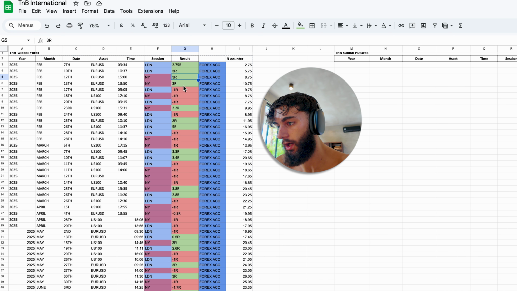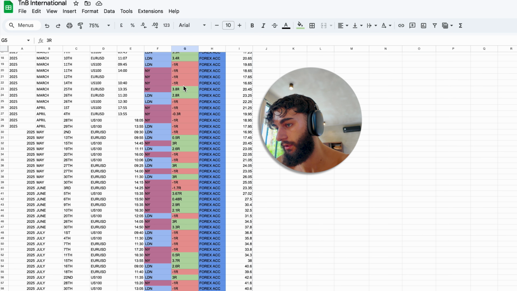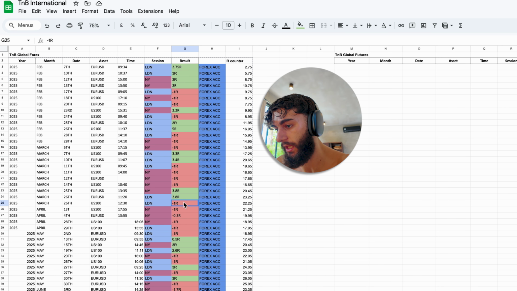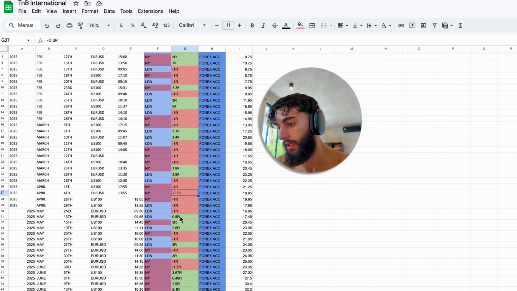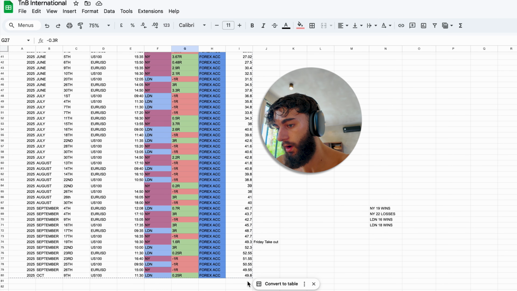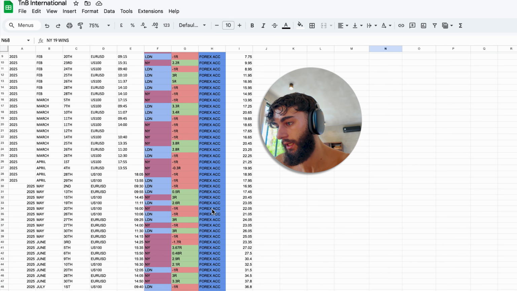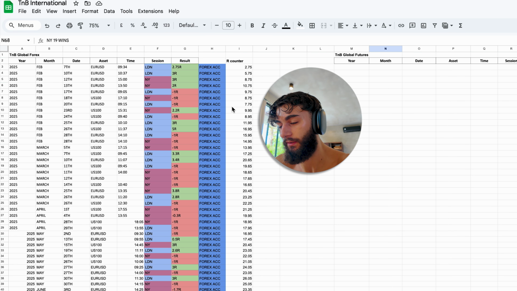So this is my RR breakdown with me trading only US 100 and Euro USD. As you can see, the max loss streak that we had was a 5, technically a 6, but this wasn't a full loss. And the average loss streak is about 4, I would say. The RR gain is 49.8. This is the session by session breakdown with wins and losses. Pretty similar, both have about 45%-ish win rate. And these are my trades, okay?